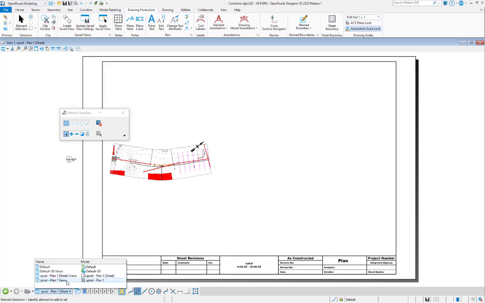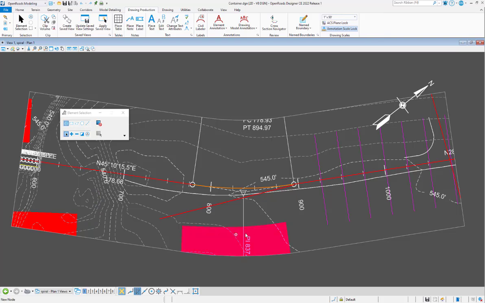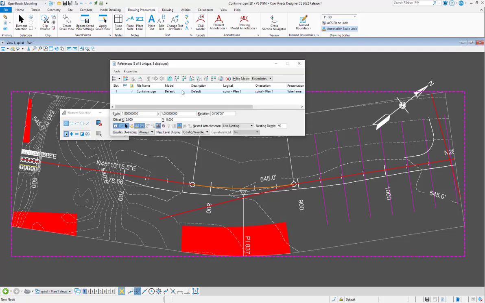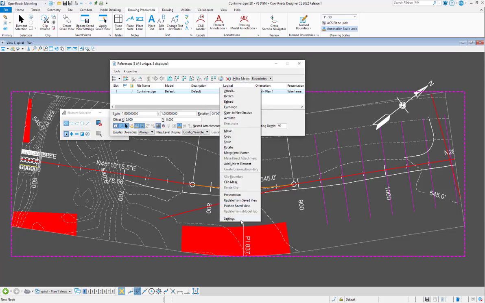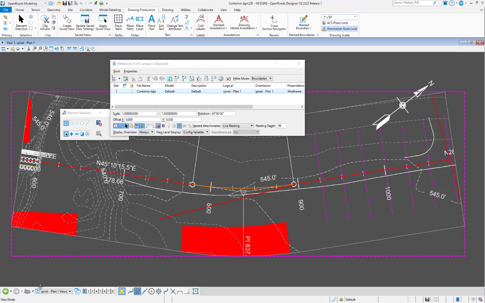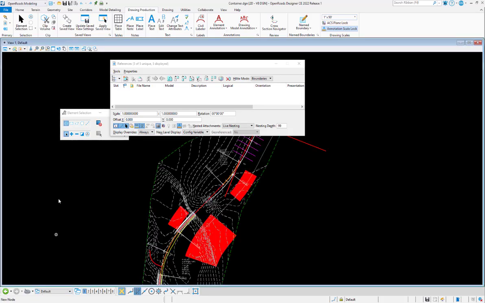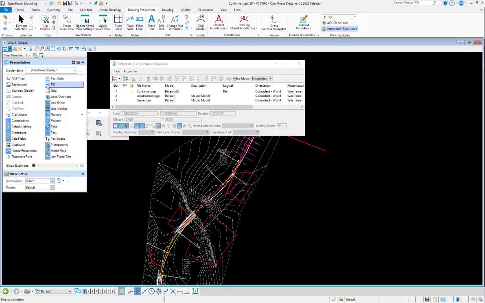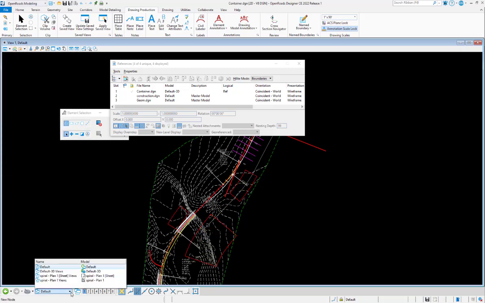And if we go and look at the drawing model, we see that it's pulling the settings from the design model. You'll see that we have this option, which was added a few versions ago, in settings: settings from design model. That works great, and we like that. If I go to the design model, I can change the settings in it. For example, I'm going to turn off the fill in this design model, and that is automatically reflected in my